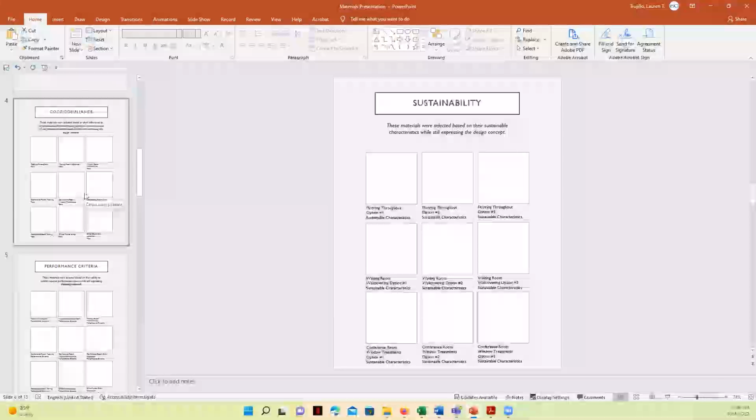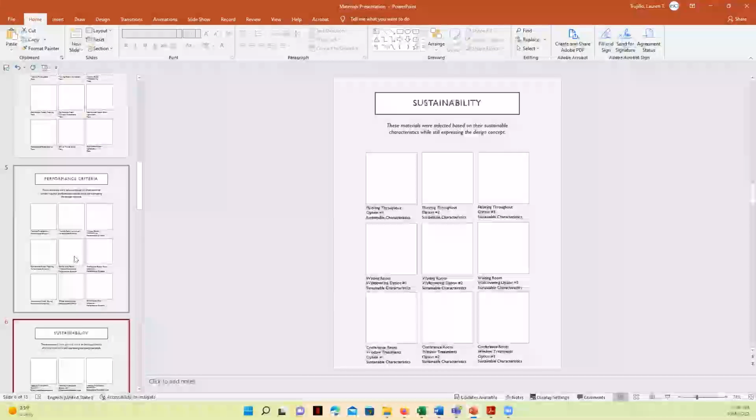And then there are requirements that need to be reflected by the materials, such as code compliance, performance criteria, and sustainability, that are going to make this place safe.